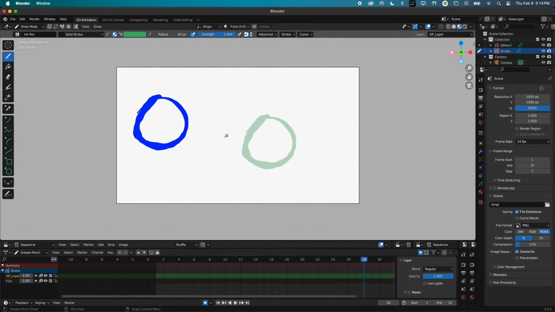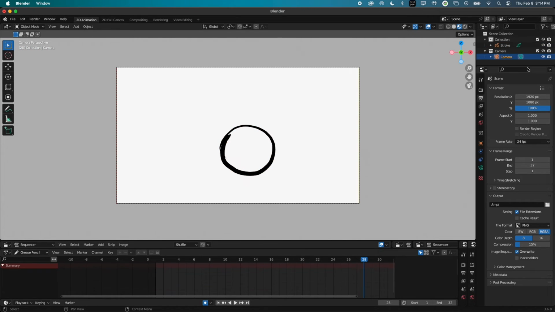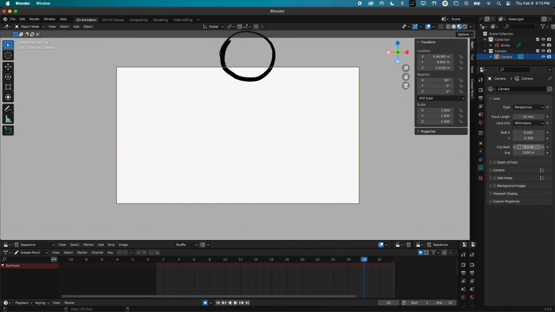movement before I export. So to change the camera, you'll want to go to object mode again, and you'll want to select the camera. Now you can edit the camera directly and you'll see what's happening. You can hit N and you can just click transform and mess with the location and rotation. Or you can also just go to camera